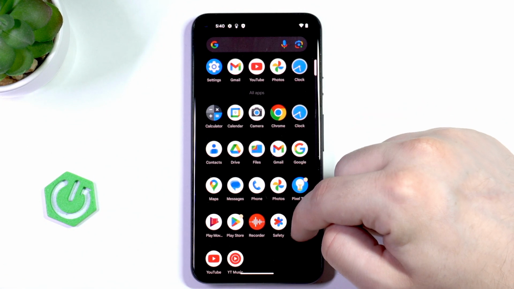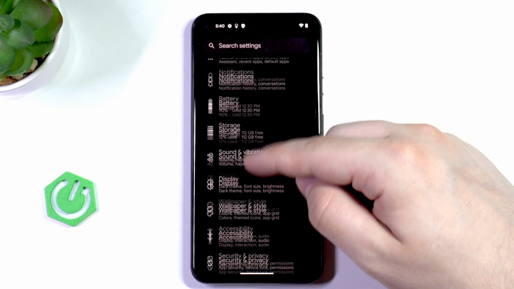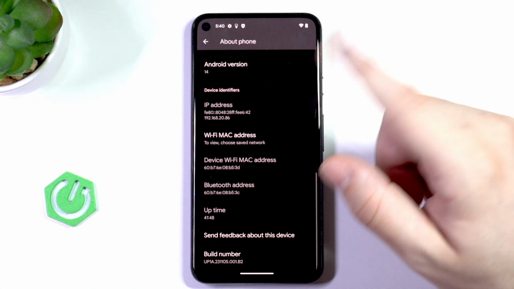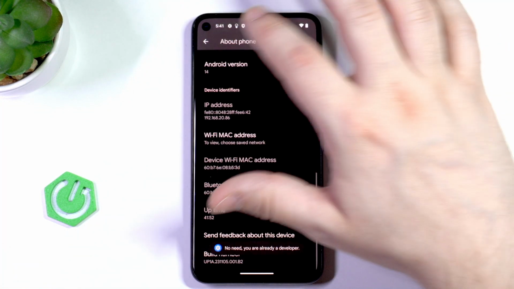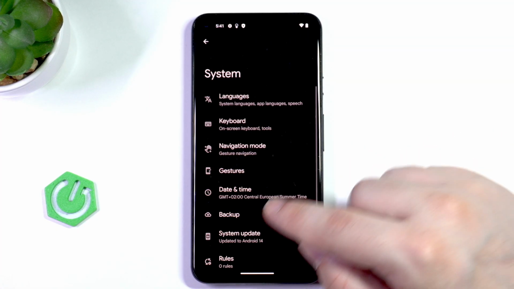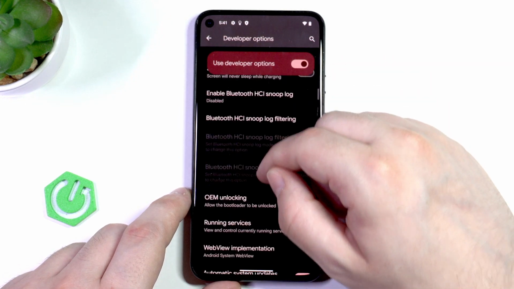To do it, open up the settings. You gotta make sure that you're connected to the Wi-Fi, then keep scrolling down until you find About Phone. Then scroll all the way down again, we have the build number. We gotta tap on it until we see that developer mode is enabled. Then go back, tap on System, scroll down, Developer Options, and in here we need to enable the OEM unlocking